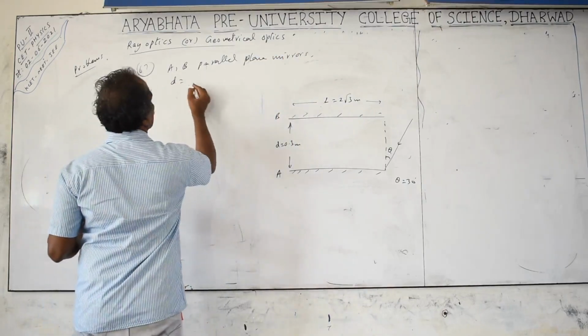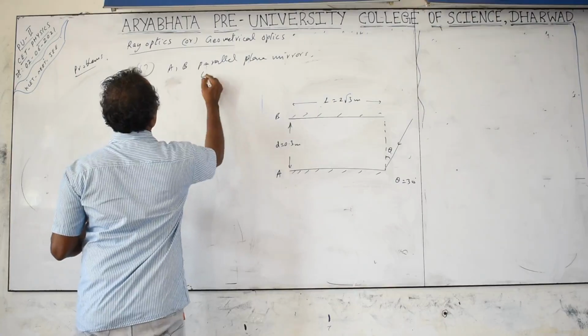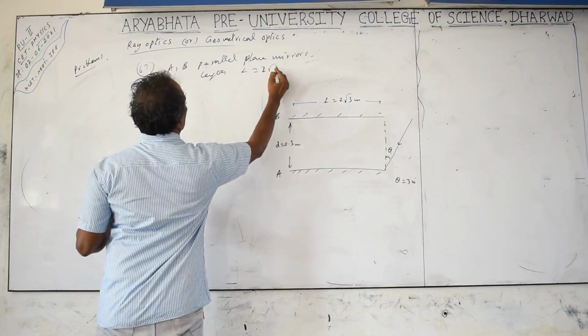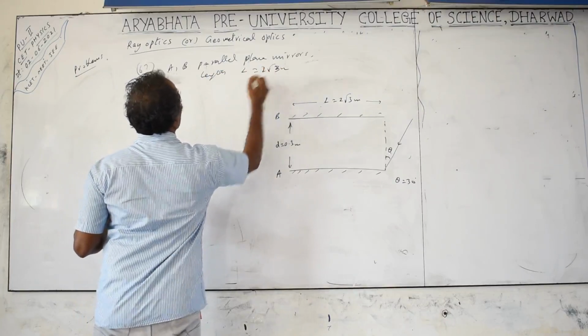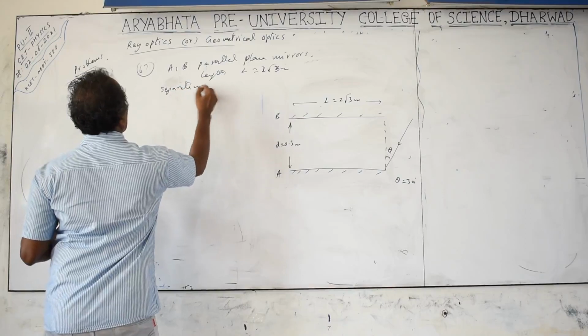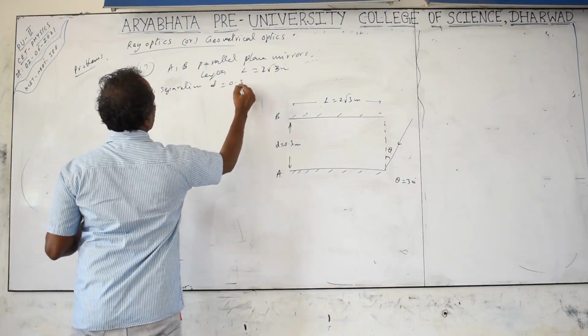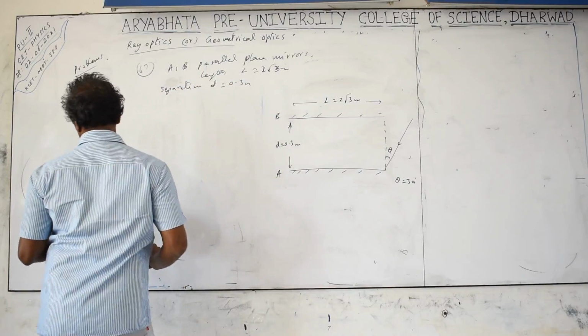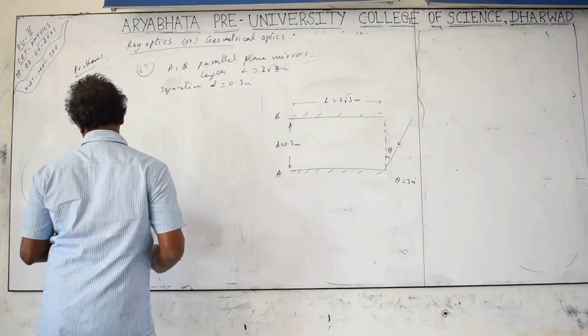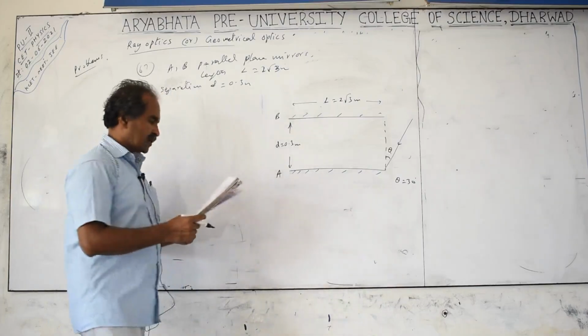Separation D. Length L is equal to 2√3 meters. Separation equal to 0.3 meters. Maximum number of times the light ray undergoes reflections, including the first one, before it emerges out is,